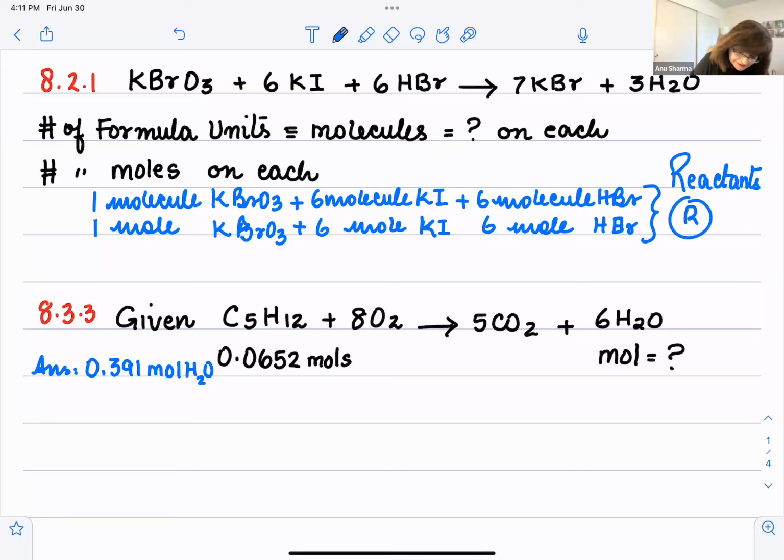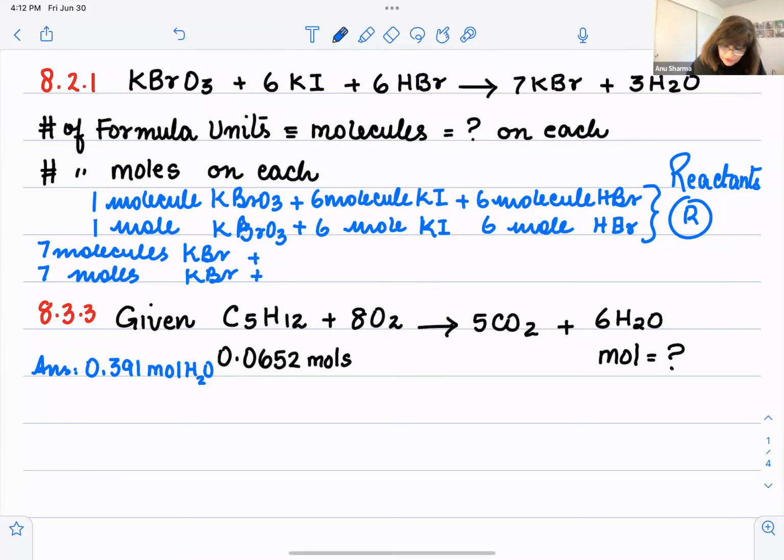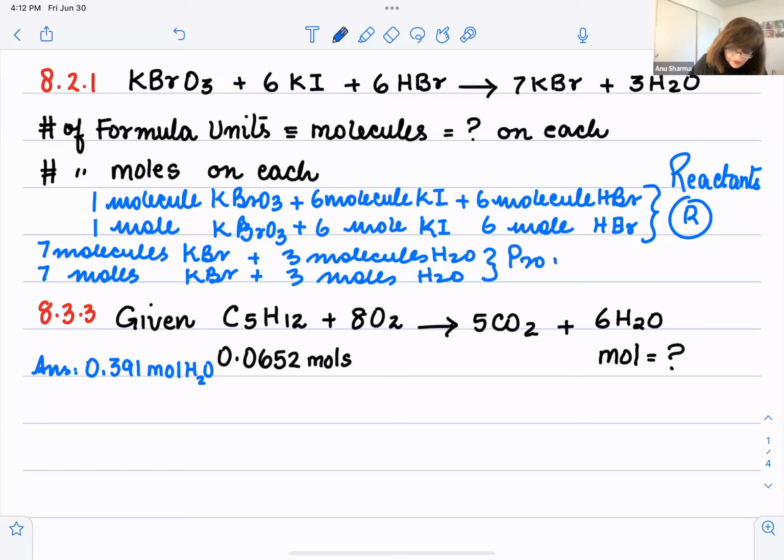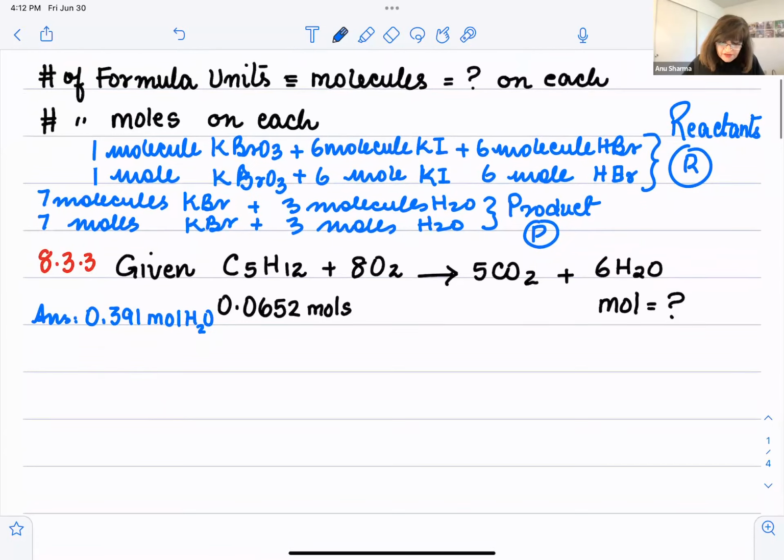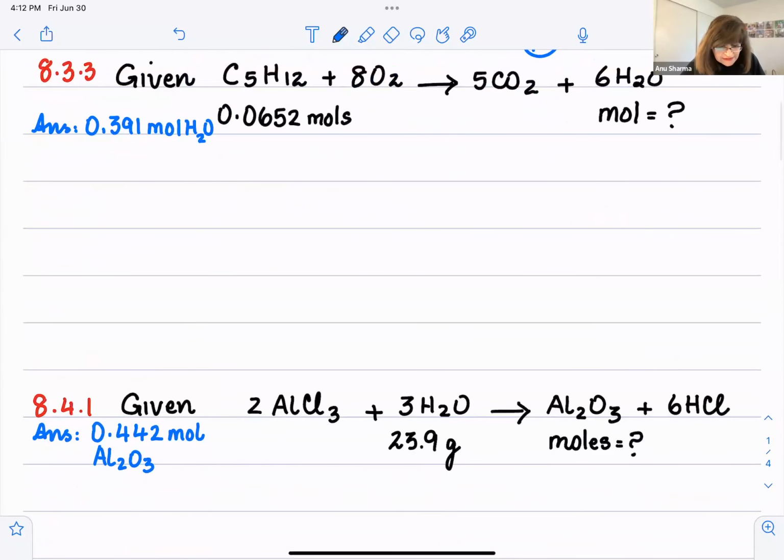To give you 7 molecules, and this also means 7 moles of potassium bromide, KBr, and 3 molecules of H2O, and this also means 3 moles of H2O. And these guys are the products, and product, I use it as P in short. So this is very simple. So formula units is basically the number of molecules. All right, next is you are given